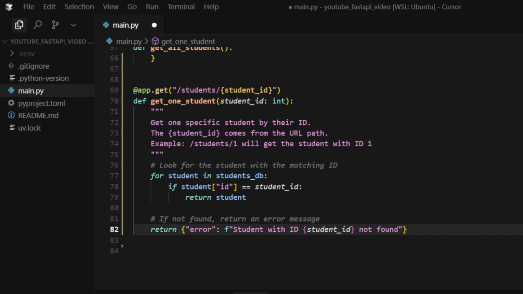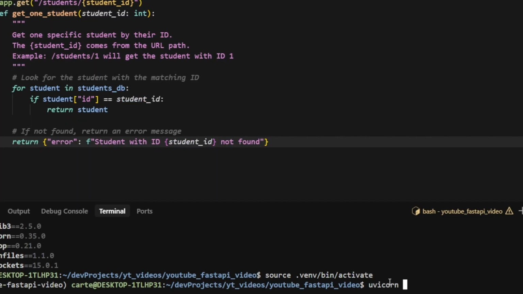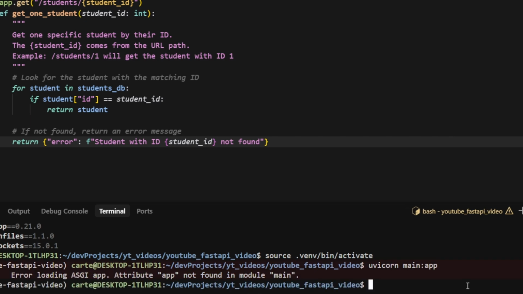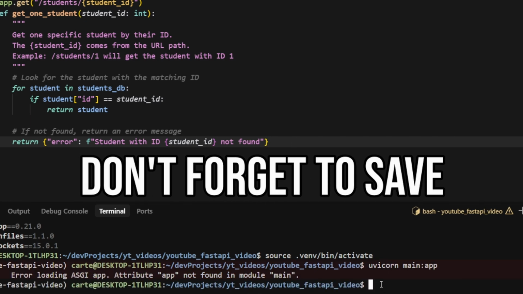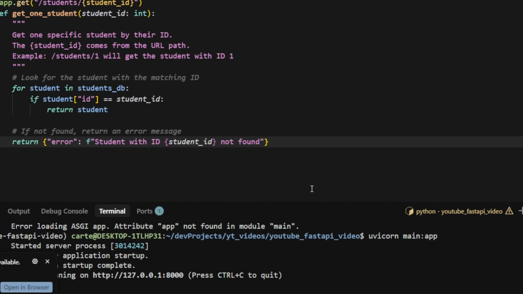So we'll say uvicorn main:app, where main is main.py. Now we can do this just by going with this command here: uvicorn main:app. That should then, oh yeah, don't forget to save your work, kids. All right, so now if we go ahead and do uvicorn main:app again,